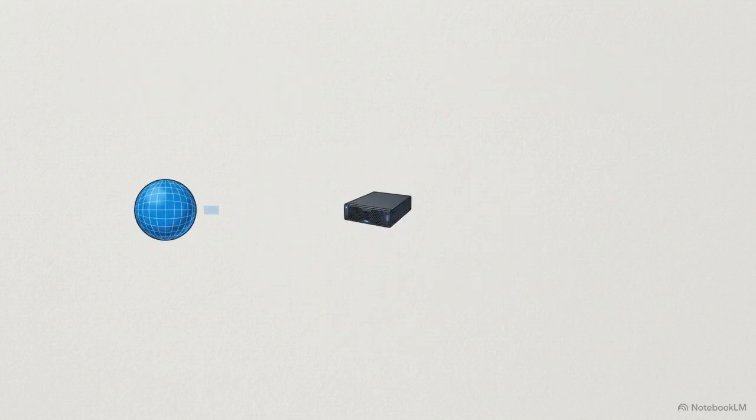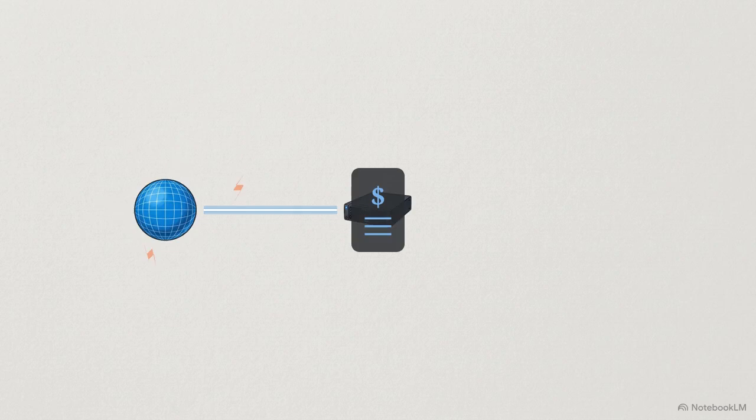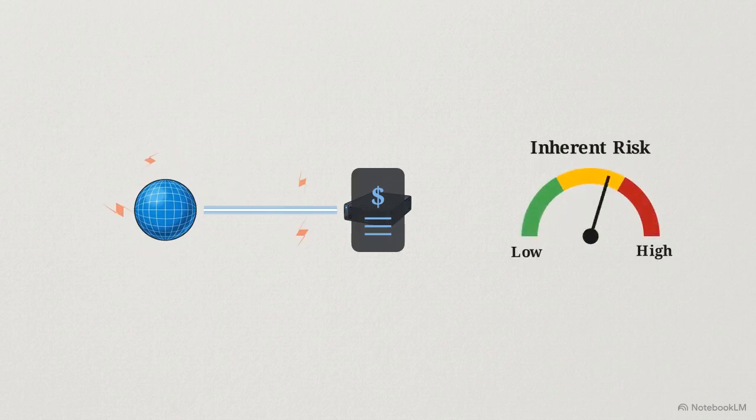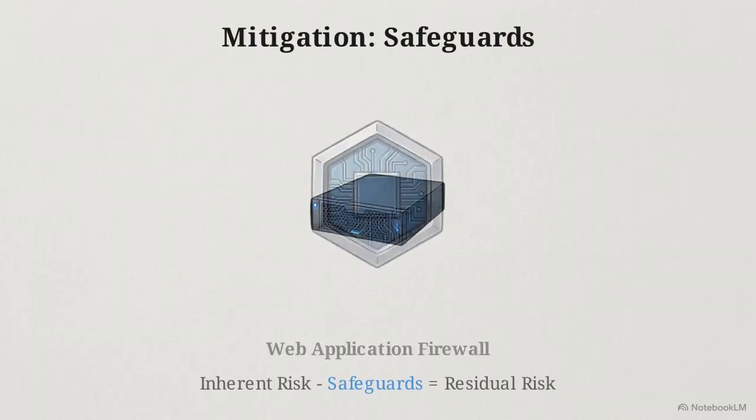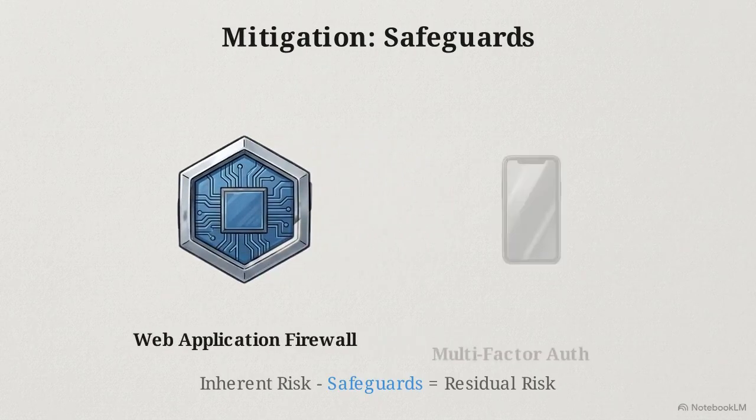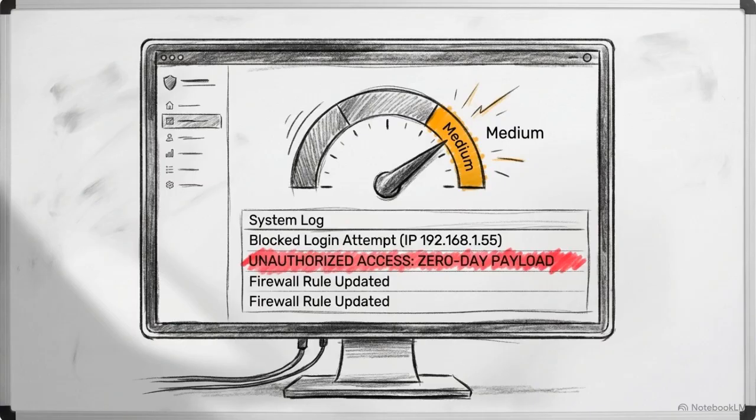Consider an internet-facing web application that processes sensitive financial data. Constant exposure to DDoS attacks and web exploits gives this asset a high inherent risk classification. The expected impact of a breach in this environment involves data theft, privacy violations, and direct financial loss. The IT team mitigates this by applying web application firewalls and multi-factor authentication. These controls bring the residual risk down to moderate, though vulnerabilities like zero-day exploits could still allow an attacker to